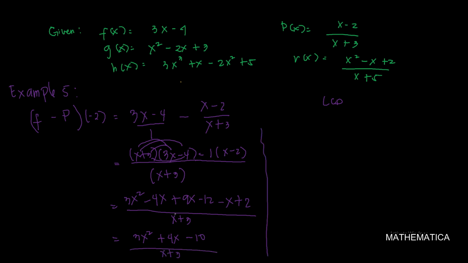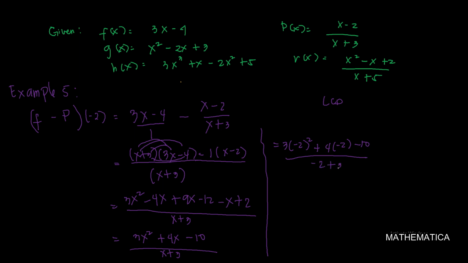Meron tayong given na value of x, which is negative 2. So, we have to substitute it to all the value of x dun sa nakuha nating difference ni f and p. So, we will have 3 multiplied by negative 2 squared plus 4 multiplied by negative 2 minus 10 over